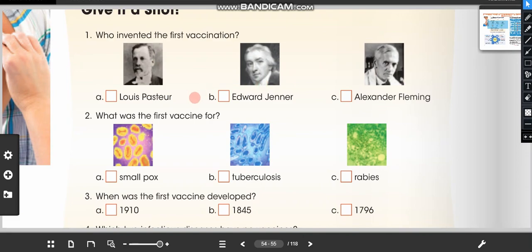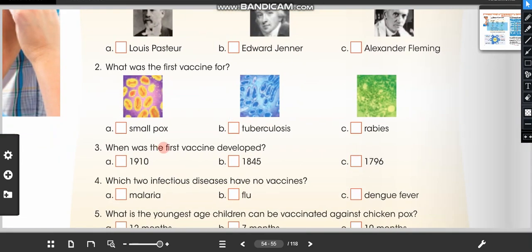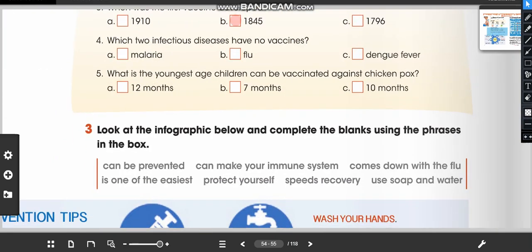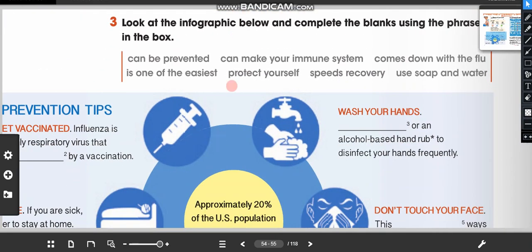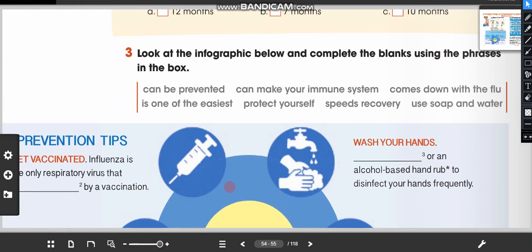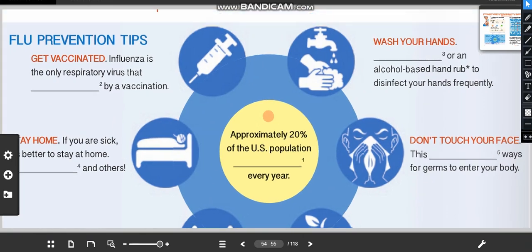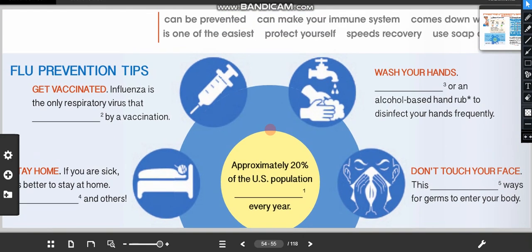For exercise number 2, you have to write everything, and writing the questions and the answers would be great. And finally, it would be good if you do this infographic. It's sometimes a little hard because of the time and the amount of work, but I think it's better for you. And you have to write this in the blanks. That's the only thing that you have to do for these weeks.